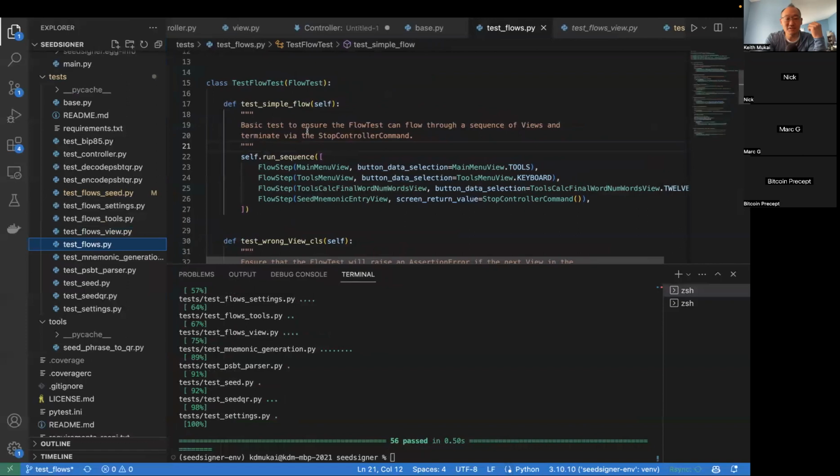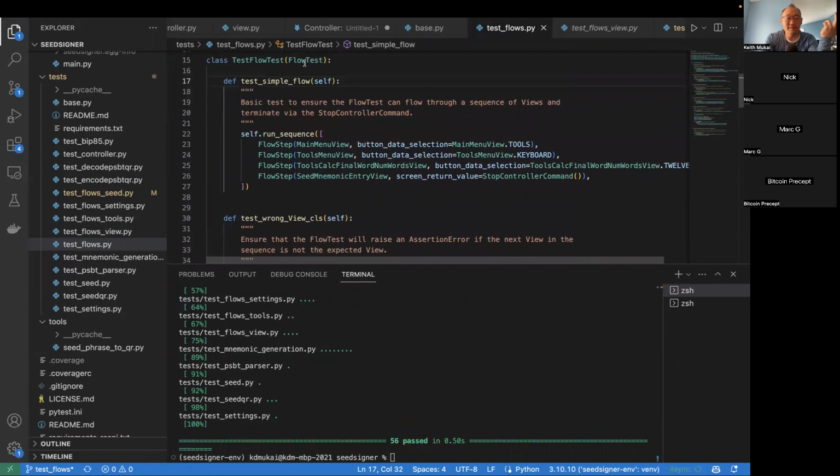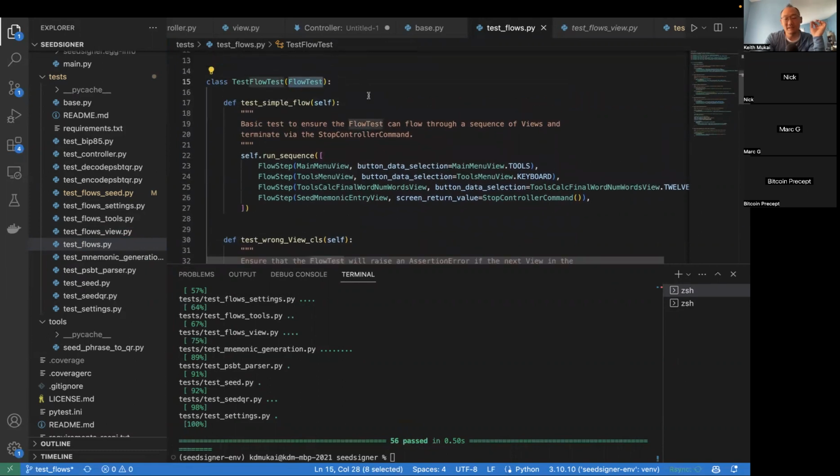And so here's the first one: test a simple flow, where I'm going to say, okay, I've declared a flow testing class. So that's my base testing class that I'm going to use for all of these flow-based tests. And it's got built into it a function called run sequence. That's where the magic is happening. And I'm just going to define a sequence as a series of flow steps. So in this case, each flow step is a separate screen that you would see on SeedSigner, or it's a separate user input activity that you would take